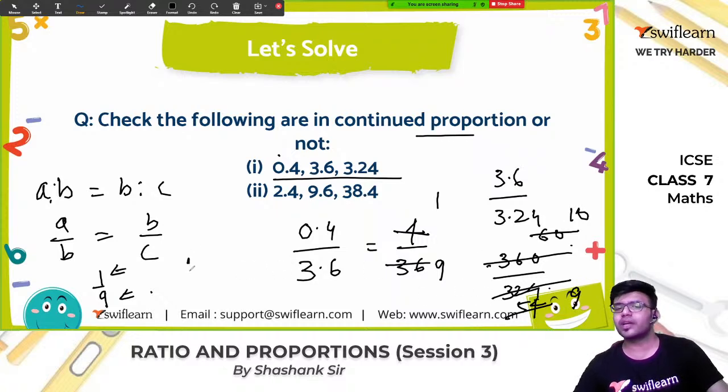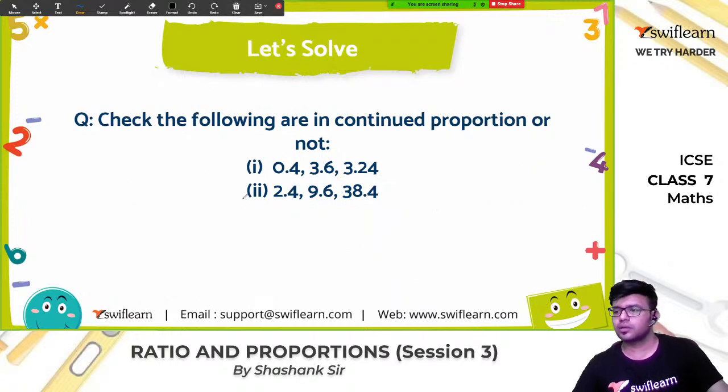So what ratio are we getting? We are getting 10 is to 9. Is 1 by 9 equal to 10 by 9? No, these are not equal. So they are not in proportion. Okay. Next problem,